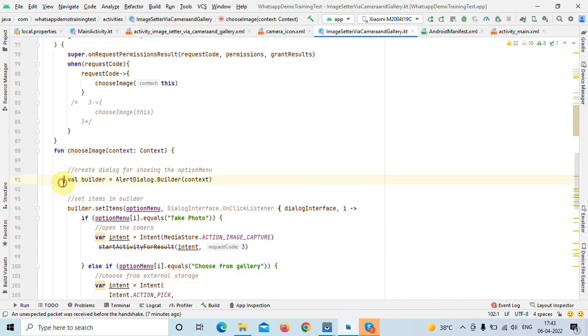First of all, in this method we initialize a builder variable and pass AlertDialog, which is used to create the dialog.